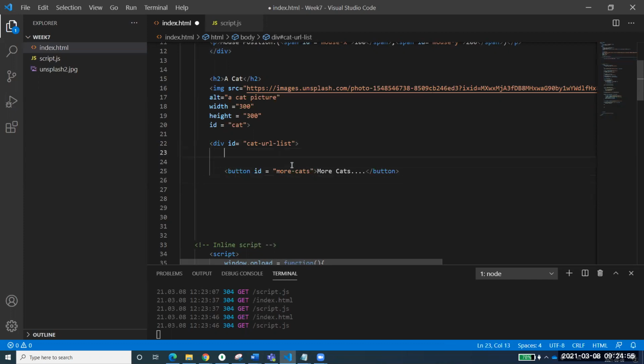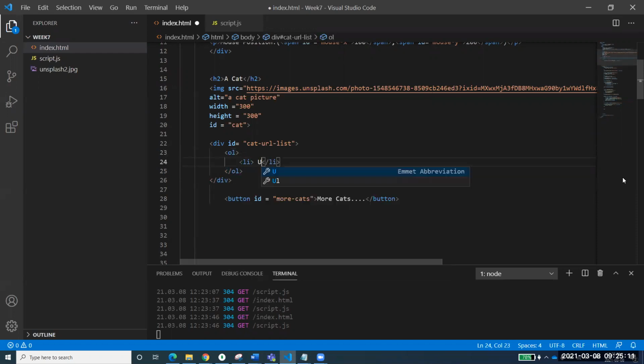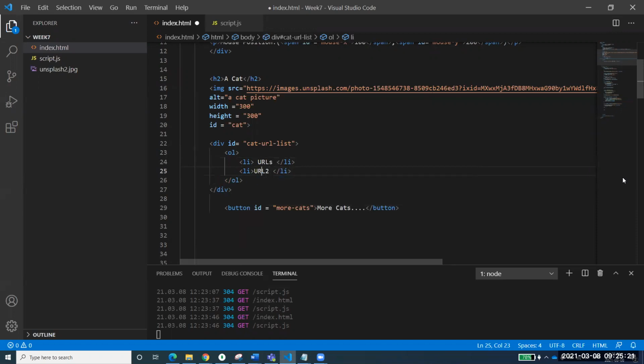Now I'm creating a div for this list, and the button is with that div. Now I've created a div ID cat URL list. What does that mean? I want to create an ordered list over here, something like this. And all those URLs which are coming, I'm writing that down, and I'll make that using URL2, URL3, and so on.